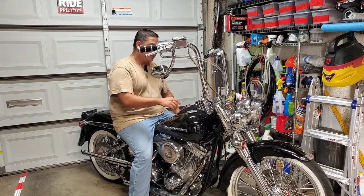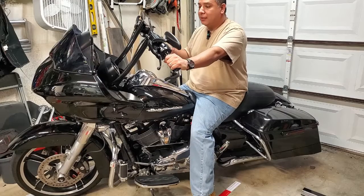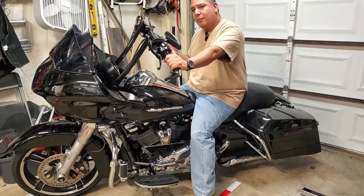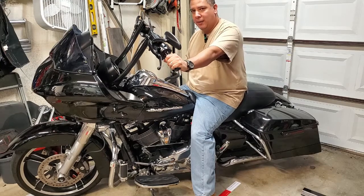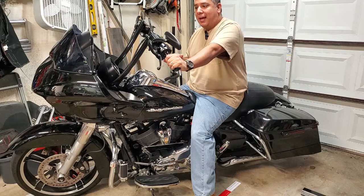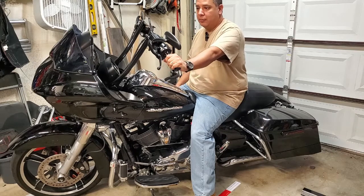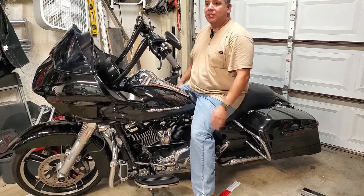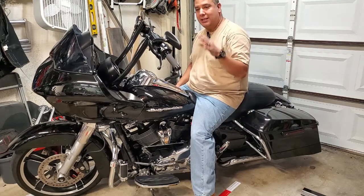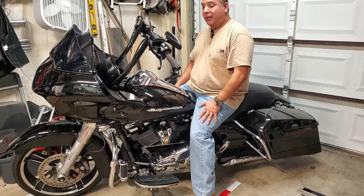So let's talk a little bit about the Road Glide. All right, so now let's look at the Road Glide. The reason I'm bringing these two bikes and comparing them is because there is a subtle difference that can change the level needed related to your Ape Hanger, and that is the seat. On a Softail, the seat height is lower than on a touring bike. And because of that,